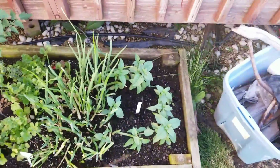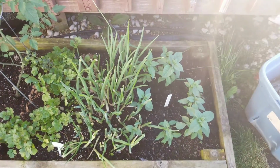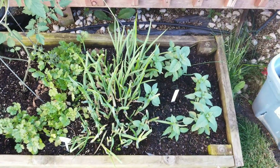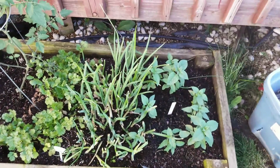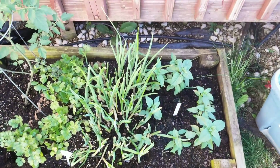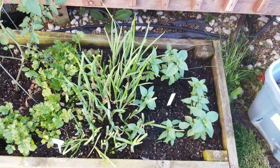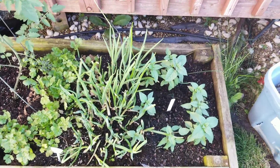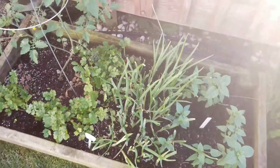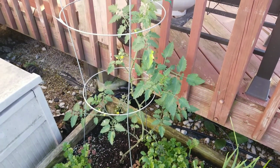Got my basil. Now I take these green onions here. We buy them from the store, and I plant them when we've already used them down to the white part of the green onion. And I plant them, and then after about 3 weeks, I don't need to buy any more at the grocery store, and I just harvest from here. It'll last all summer. We got some cilantro, another sugar, not sun sugar,